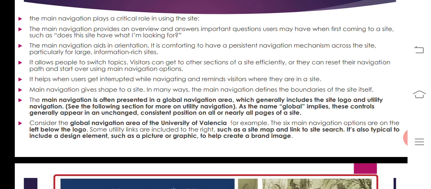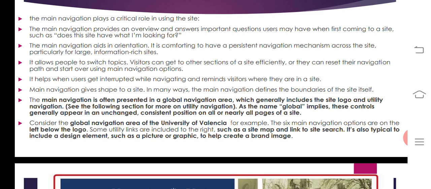Here the main navigation is often presented in a global navigation area, which generally includes the site logo and utility navigation.